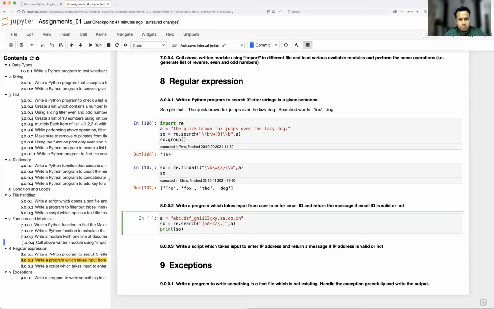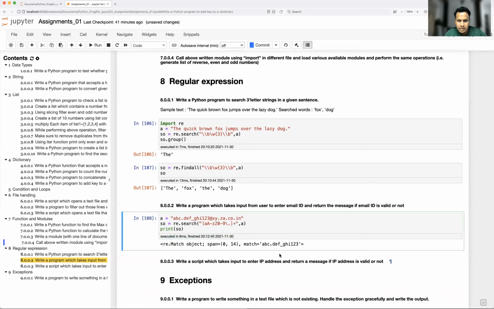There could be so many characters, and along with that, numbers can also be there. So I can put 0 to 9. These are character classes which will cover all a to z, capital A to Z, and 0 to 9 numbers. Then followed by a dot, then it can have multiple characters, so I can use plus. Let's see if it is able to find or not. Yes, up to here it is able to find, correct?